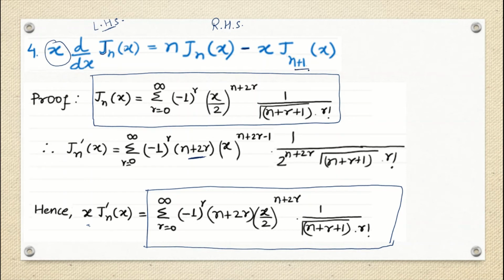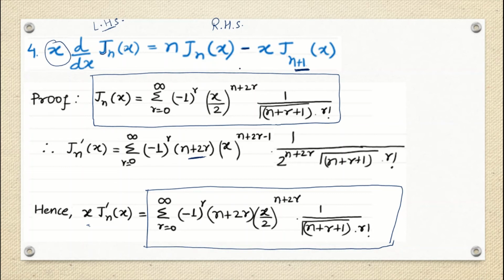So first I have to do some analysis on this term, because if the order is same, that is okay. I don't have to do any further rearrangement. If I'm working on the correct pattern, it will actually come in the same pattern. Now what we discussed, what will be my J n plus 1 x solution. So just I'll do n plus 1 and then r plus 1 here. So it will be my J n plus 1 solution. Fine. Okay. But how am I going to do this? So this should be my final answer. So that will say that this is J n plus 1 x.